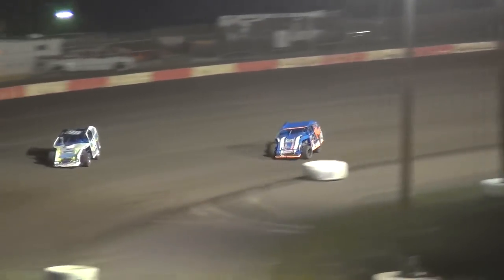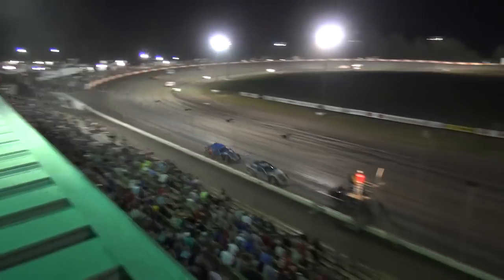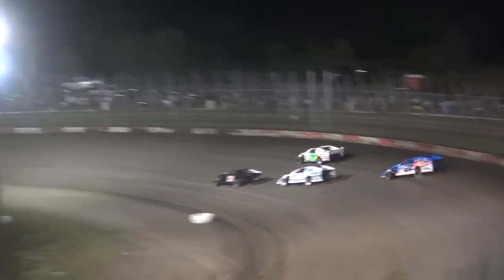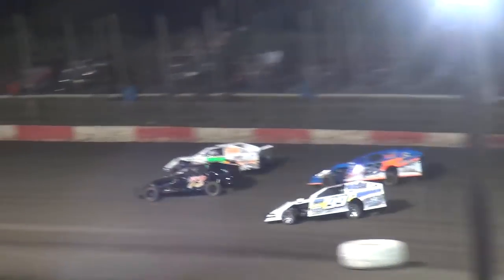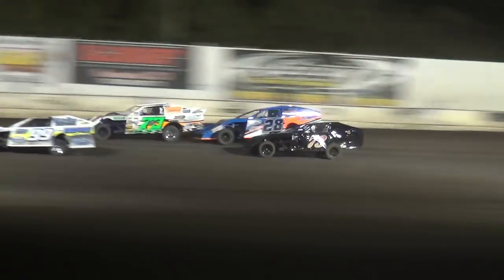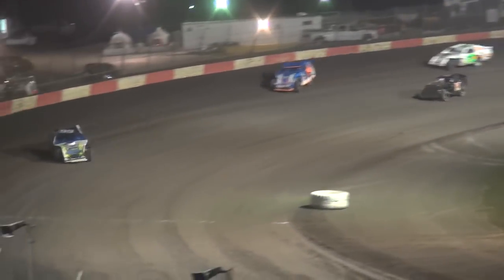White flag will come out this time for Brad Smith. Does Andy Bryant have anything left for him? Let's see what happens here on the last lap. Andy Bryant closing in on your leader, Brad Smith. Into lap traffic now. Lap traffic comes into play here as Bryant gets the run on the high side. Smith goes low. Oh, Bryant gets caught in behind your lap traffic on the back stretch with Ted Martin,